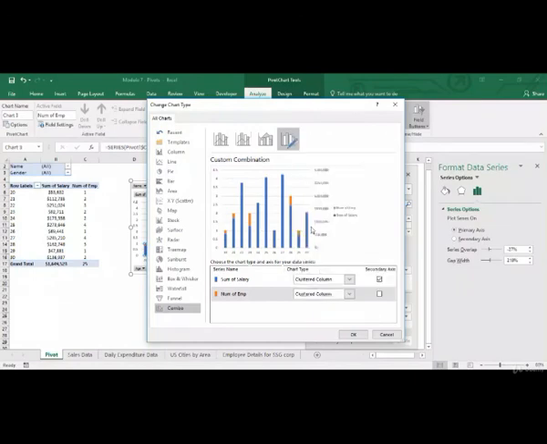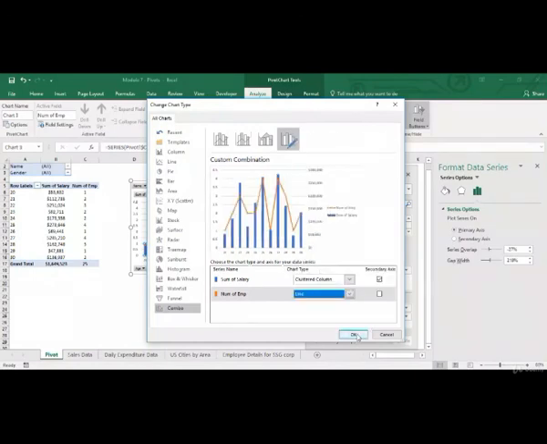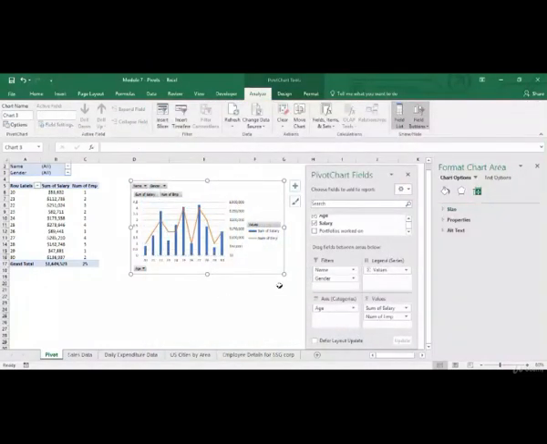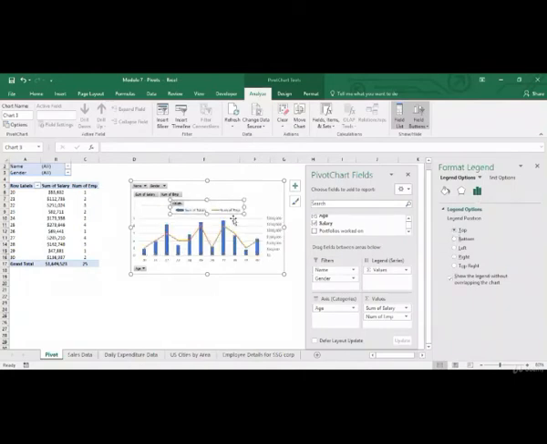Employees can be a line. And now I'll click on OK. And I can have my legend on top. I'll just zoom in a bit.